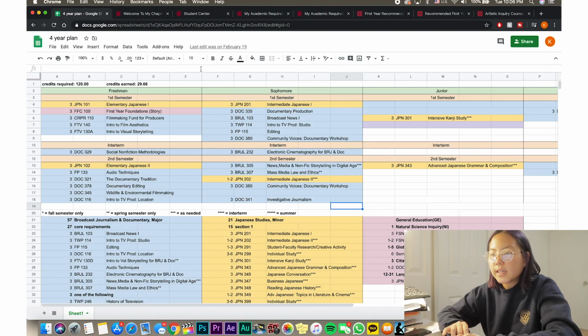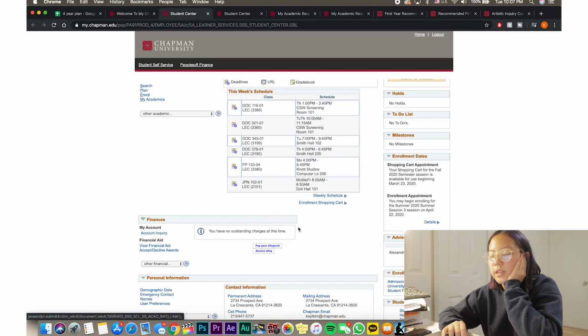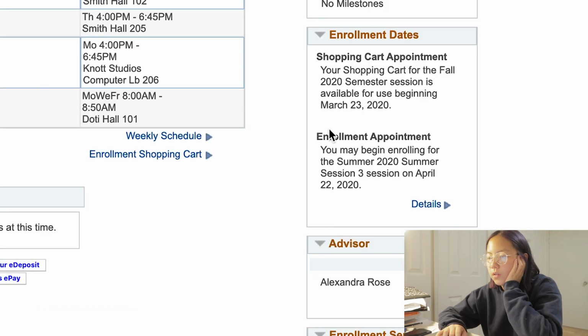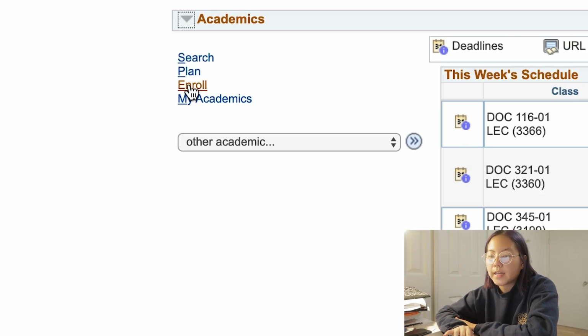So to begin, registering for courses happens in the My Chapman page. So you go to your My Chapman Student Center, and then there is a whole section for registering for courses, and you'll know when you have to enroll over here. So mine is April 22nd, so it's coming up pretty soon. And then there's a search, plan, and enroll, and that's all for registering for classes or looking for classes.